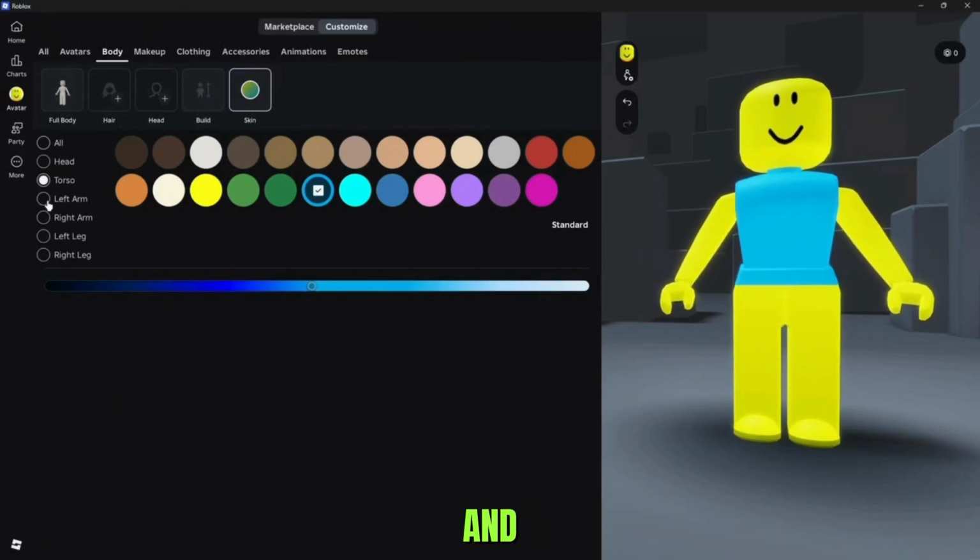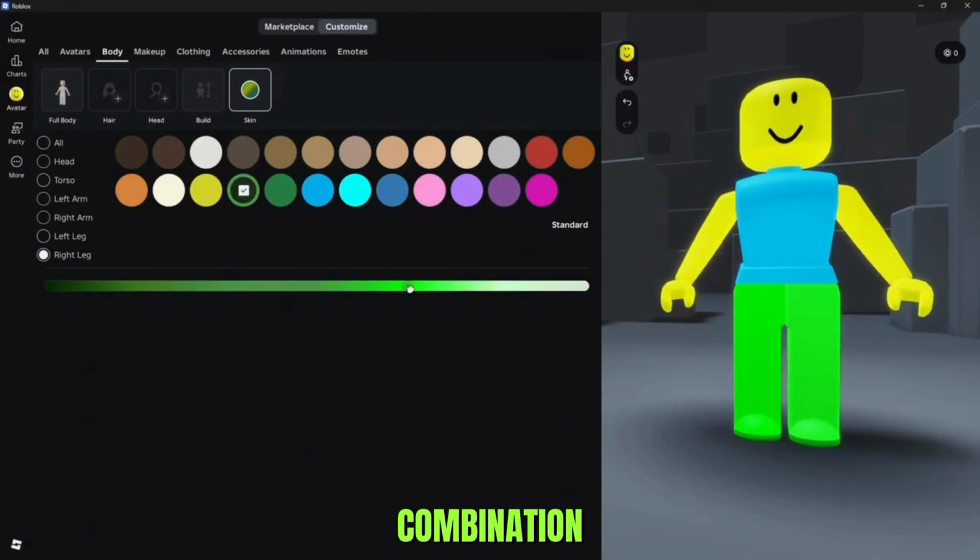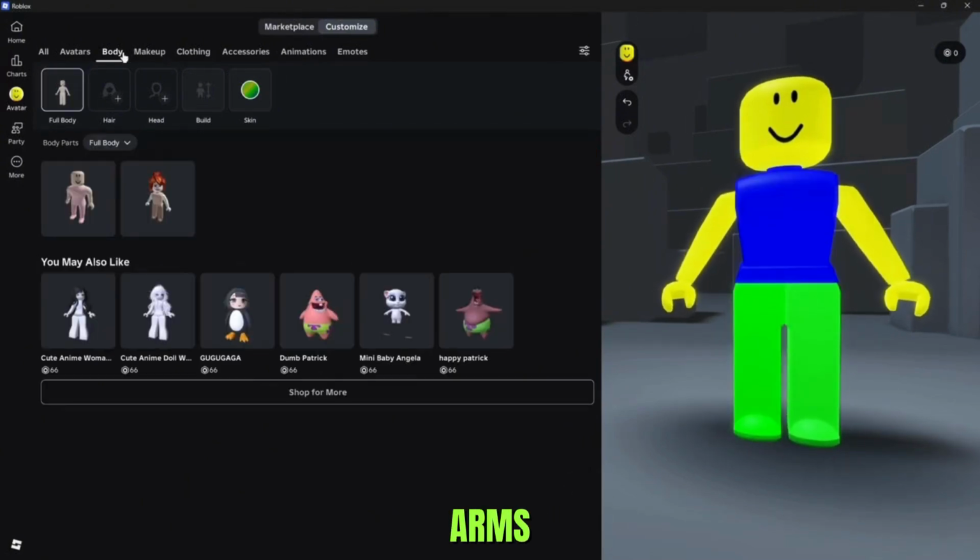Now set it to left leg and choose green color. Then set it to right leg and choose the same color that you have applied for the left leg, the green one. At this point, your avatar should have the iconic Noob color combination, yellow head and arms, blue torso